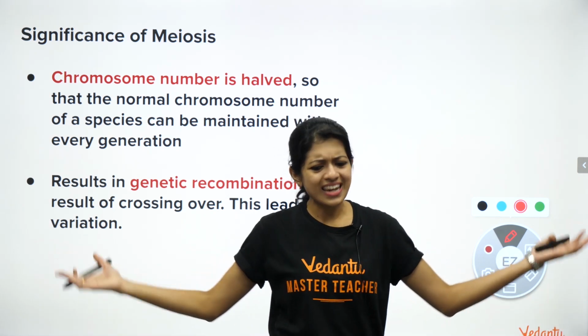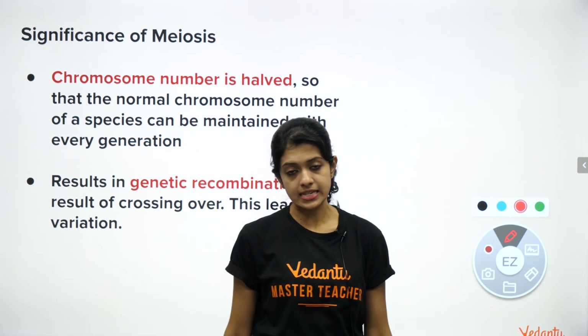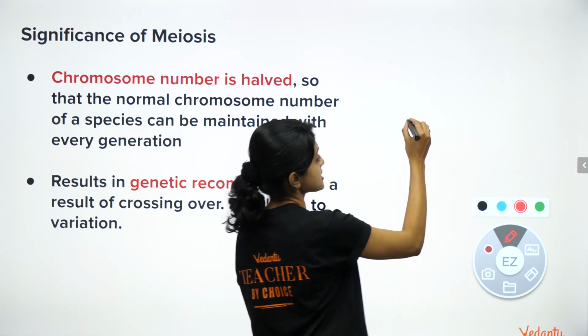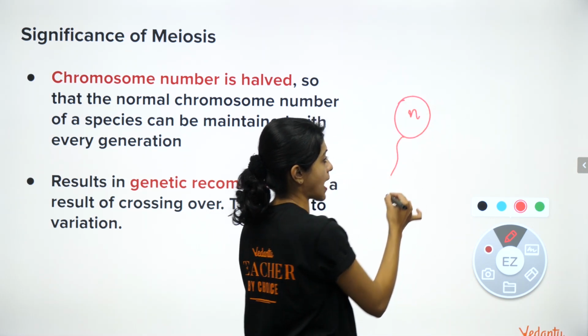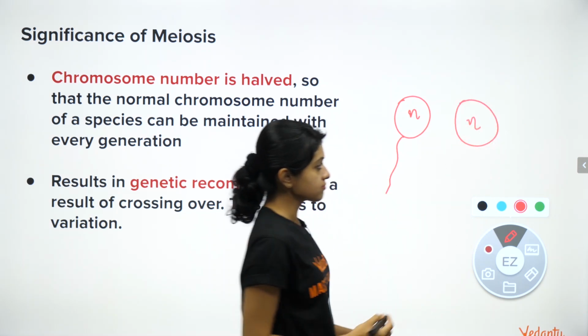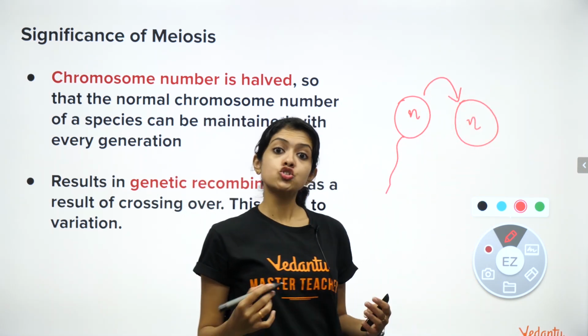Why can't we make things less complicated and have diploid sperms and diploid eggs? Why do you think so? Now, the answer lies in this. Because a sperm cell is haploid and an egg cell is haploid, during fertilization they come together to form